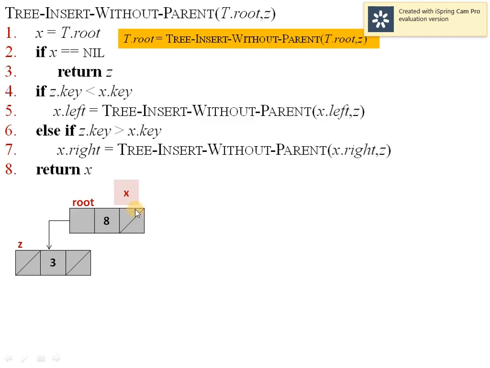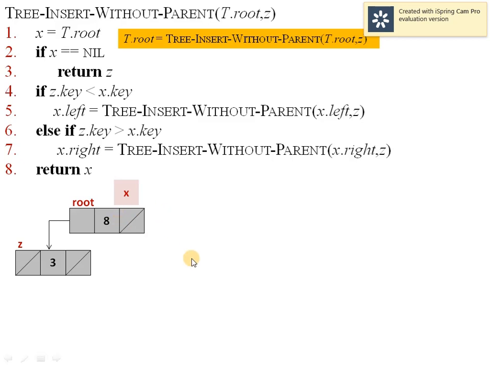But during the insertion of a first node, I have to use root equals to function call, because at the first time root is equal to null and it has to be updated to the node value. So the first function call should be root equals to the name of the function, but the rest of the other function calls you can write as they are. There is no need to write root equals to this. Why? Because the root of a binary search tree is never going to be updated during the insertion operation.